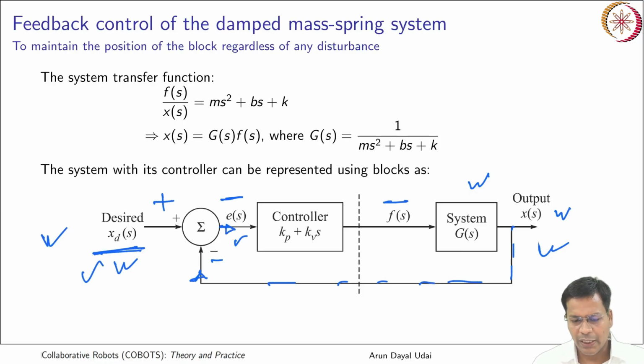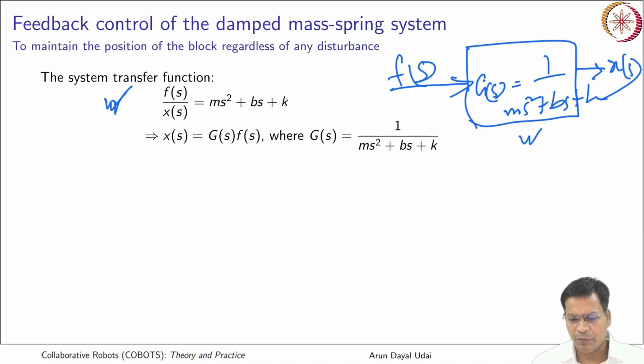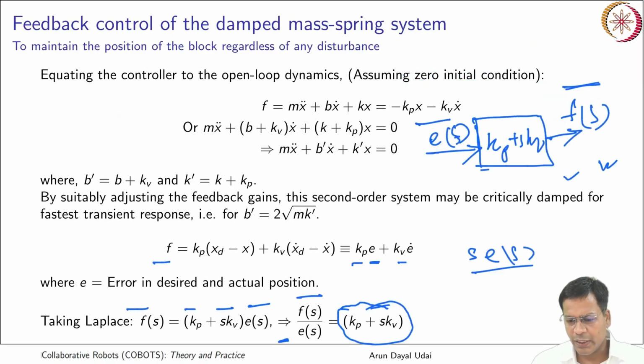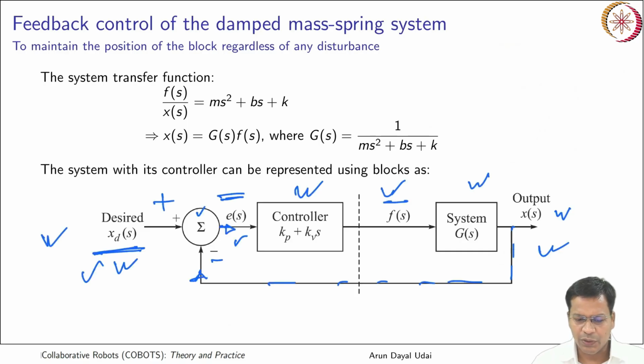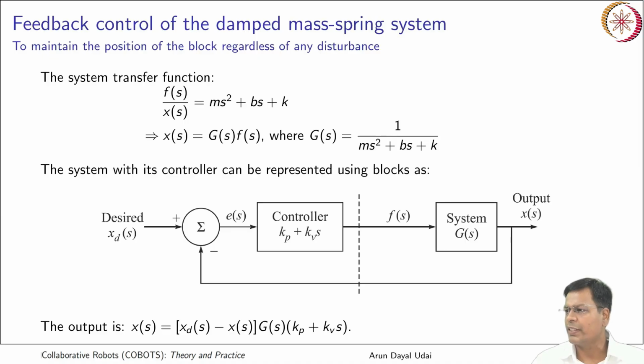So this is known as a summing block basically. Okay, so the error is calculated, the error gets into the controller and it gives you force as an output. So that is what you have already seen here. So your controller takes in error and gives you force as an output. Okay, so you can represent your system very much like this. Okay, so this is very, very clear.